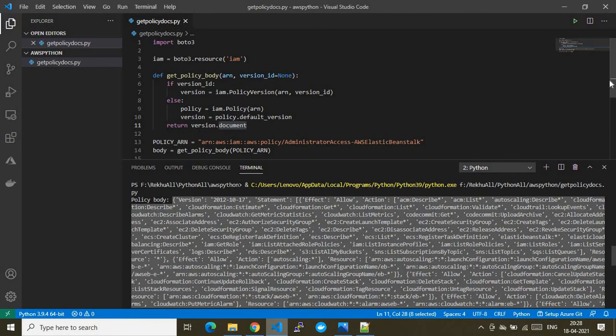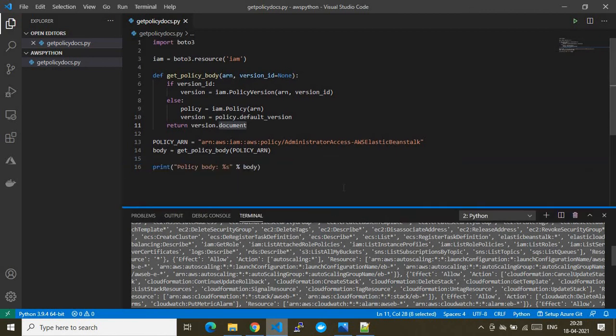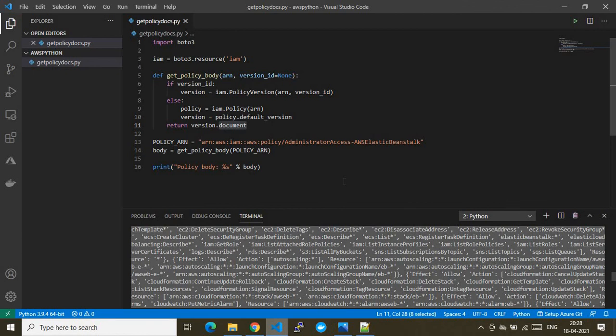This is just a warm-up kind of video where you can get started with using the Python Boto3 module from your local system, how you can connect to the AWS account and how you can run your Python script where you are using the Boto3 module. I have shown you the required things to be shown here.